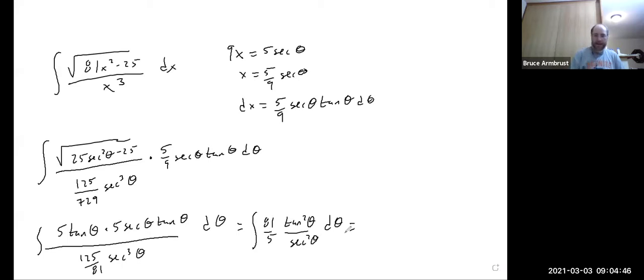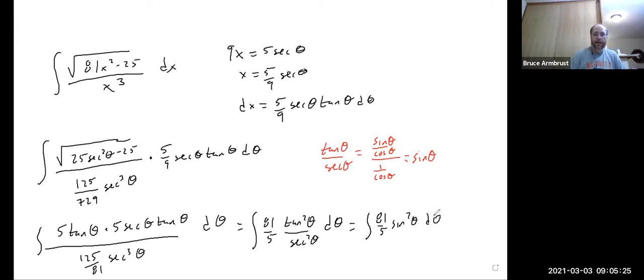And then check this out. So tangent is sine over cosine. Secant is 1 over cosine. Those things, when I do the division on that, flip this thing over and multiply, that's just equal to sine of theta. So this then, since that's tangent over secant squared, this ends up being the integral of 81/5